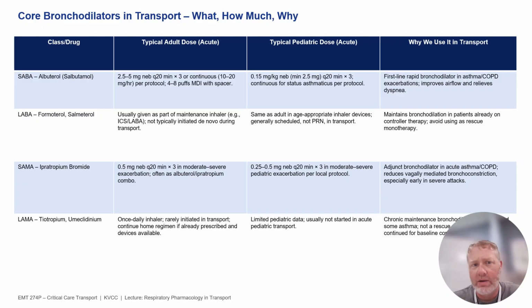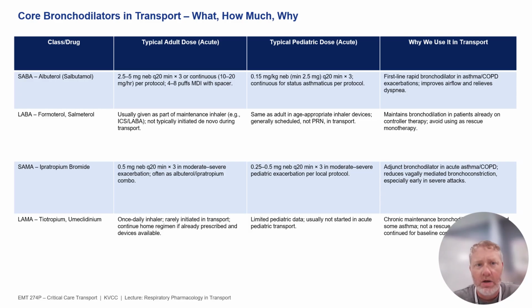The short acting beta 2 agonist, or SABA, is albuterol, and that's the first line rescue medication in asthma and COPD exacerbations. For adults, you'll give 2.5 to 5 milligrams by nebulizer every 20 minutes times 3, usually en route,